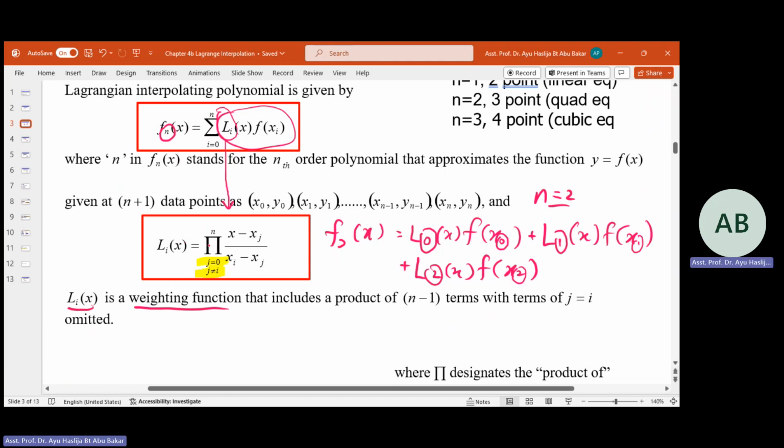Notice here j starts from 0, and here j cannot be the same as i. Because let's say L0,